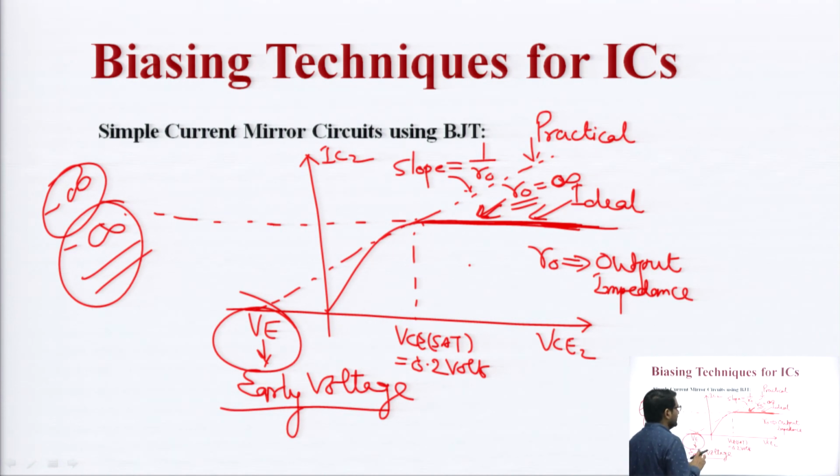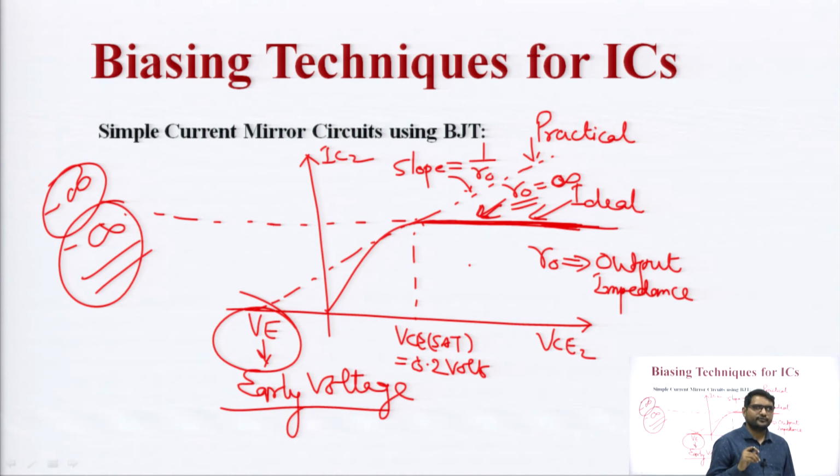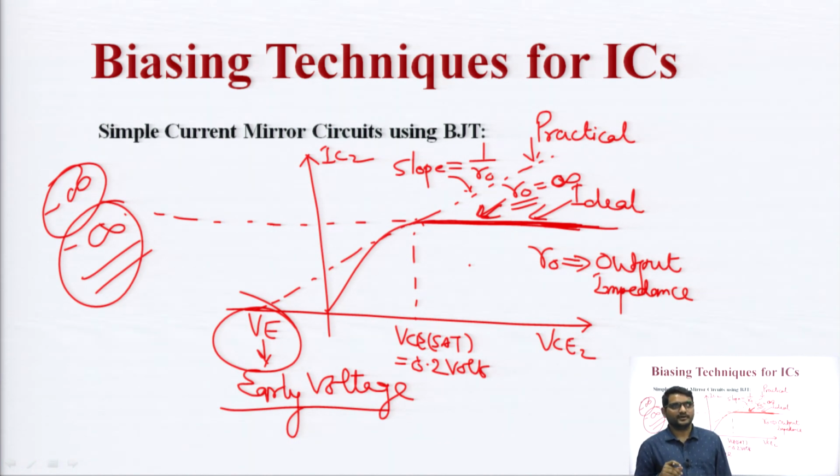This is the current mirror circuit with the BJT, and we can also design the current mirror circuit with the MOSFET, where it is very easy to design, because the fabrication of MOSFET is easy as compared to BJT. But if you consider the driving capability, then we choose BJT, not MOSFET, but if you consider fabrication and area, we choose MOSFET, not BJT.